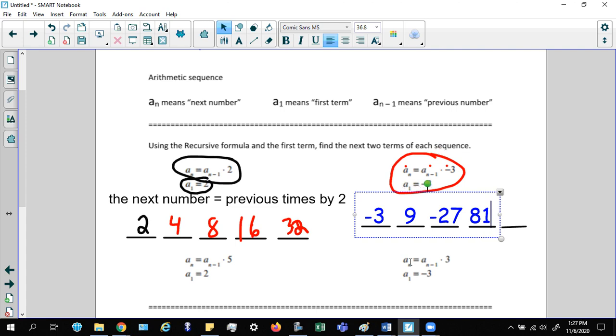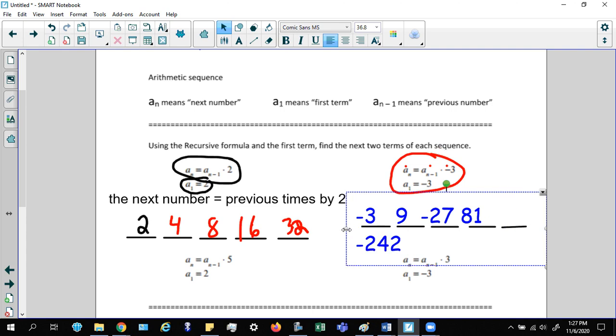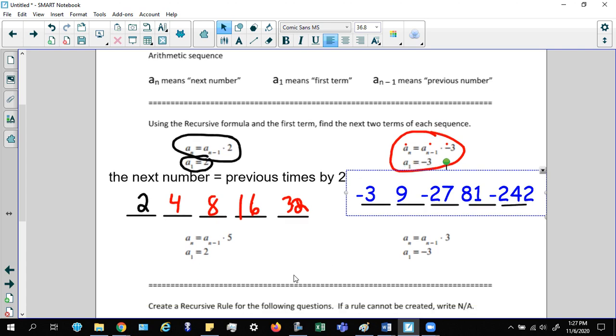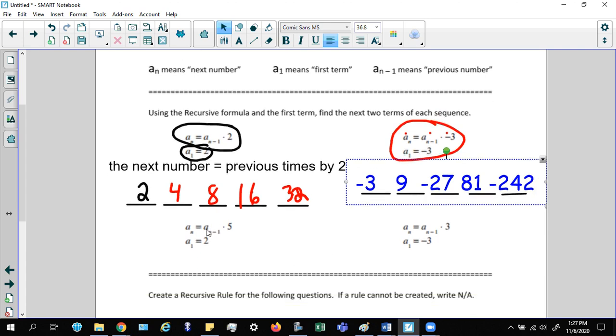And then guess what? To get the next number, you take the previous number, which is 81, times it by -3. And I think it ends up being -242. So that's all you're doing. Very simple. All right. If you look at question number 3, it says, hopefully you can do this by now,